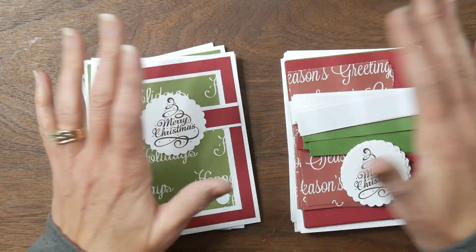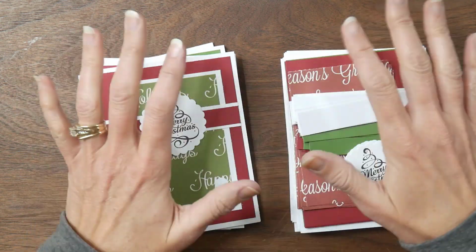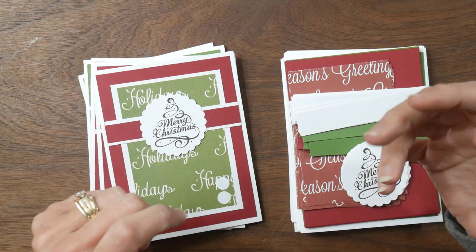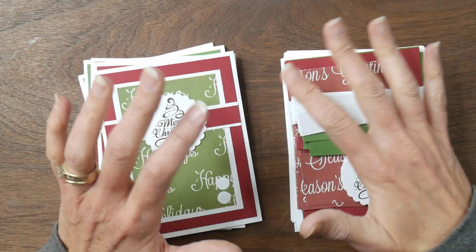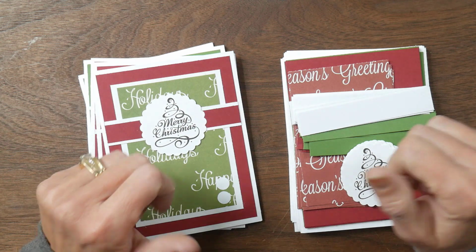So really, it's all inclusive, like they have everything they need. Oh, and I'm going to include envelopes for all kits too. I didn't bring those over, but they'll have everything they need to make 12 cards for Christmas. So if somebody's just looking for something creative to do, something different, something more hands-on and handmade, this year everybody's wanting to do something just a little bit more extra special because of the crazy year it's been,